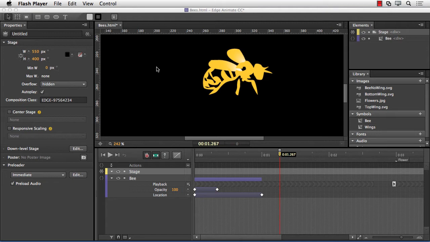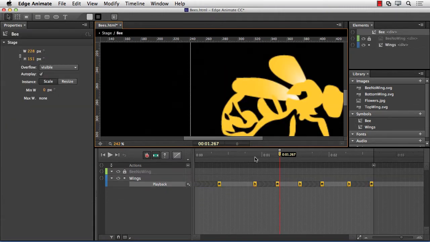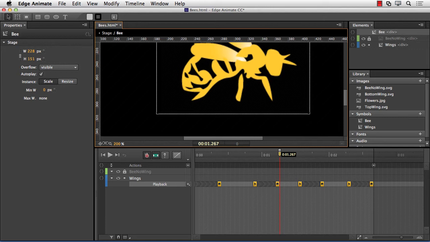So essentially what I've got here is a bee, and you can see that the bee is just sitting there. And it's basically a tracing of the bee that Chris used, but I made my own wings. And how you make all this come together is through the use of symbols in Animate. Now, the bee right now is a symbol. You can see there's the bee. So if I double-click the bee and just sort of zoom out a little bit here,